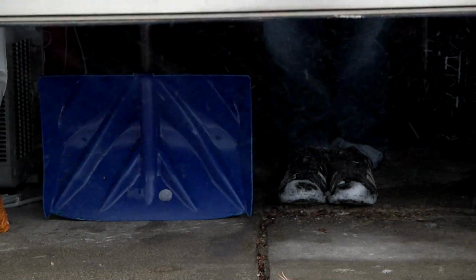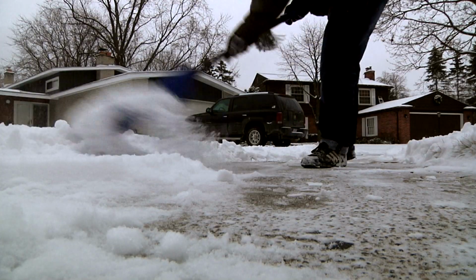Hello, my name is Robert Keller with the City of Ann Arbor. Winter means snow and ice, and that makes it hard for people to get around the city, especially pedestrians. So as a resident and business, you need to do your part and help clear your sidewalks of ice and snow. What does that mean? Well, for residents, it means